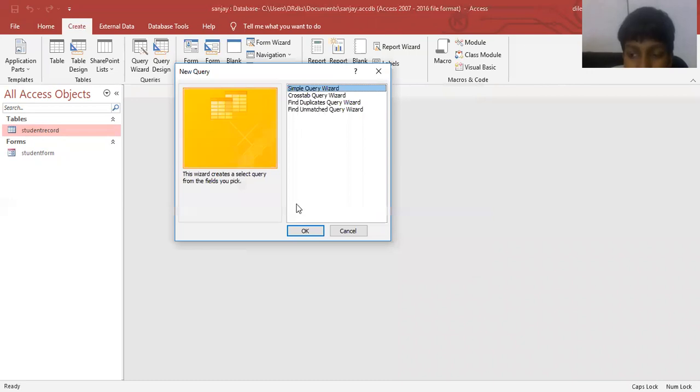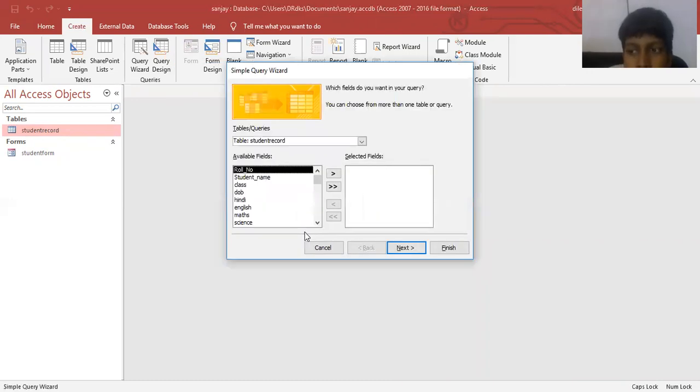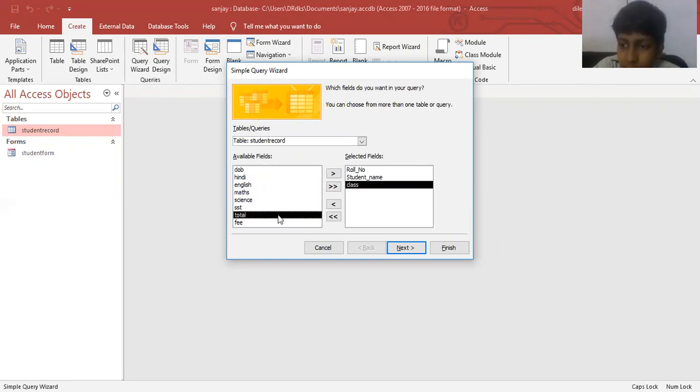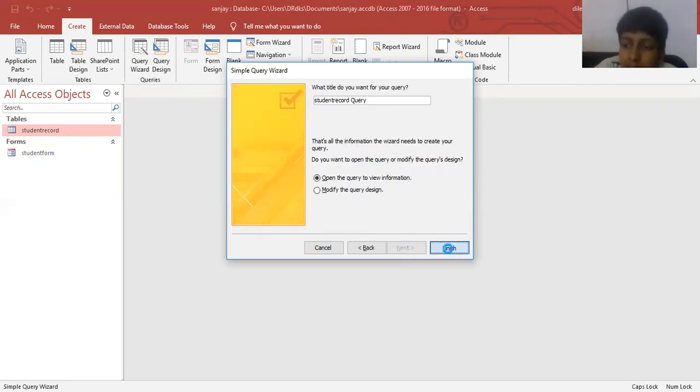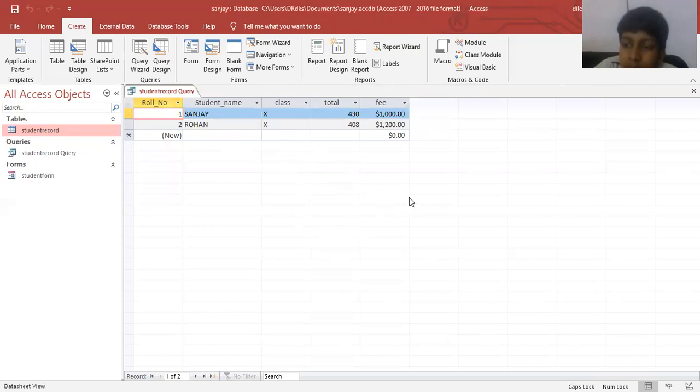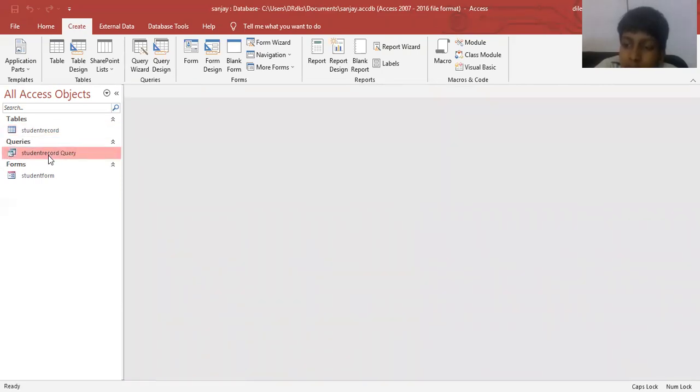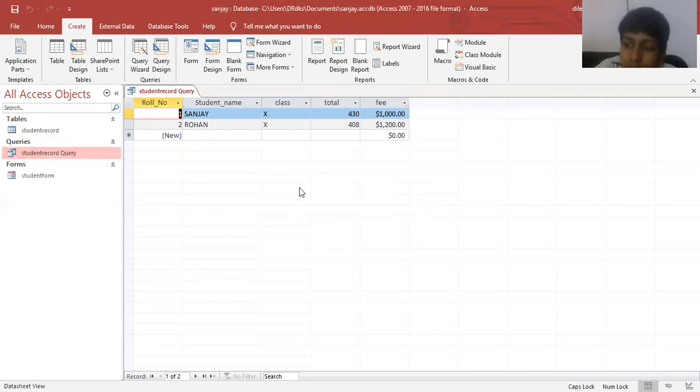Just click on OK, you will get the query wizard and just select the fields as you want to show in the query. Just click on roll number, name, class, and you want total marks and fees. That is enough. And click on next, next, and finish. Just see there. We can filter the data in our query. And close it by using Control plus W. And again, just open it, you will get the specific fields as you selected in the query wizard, right? If you want to analyze